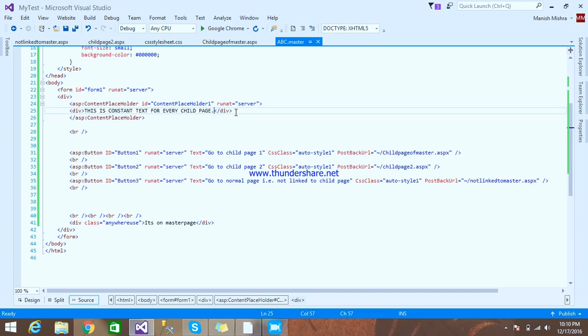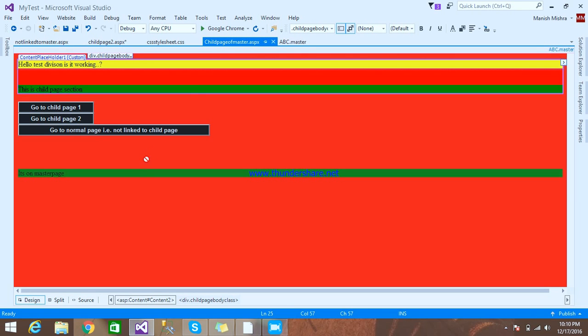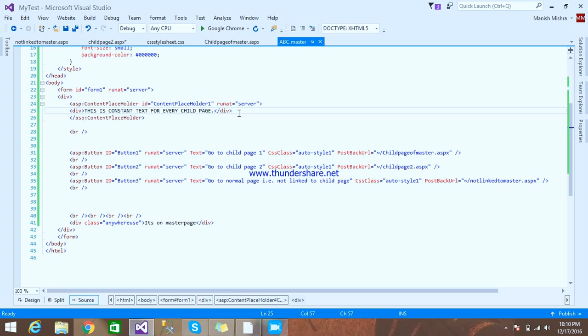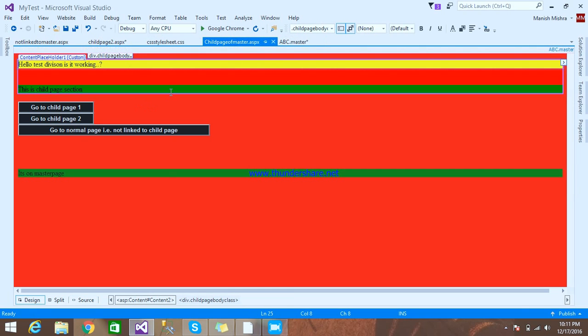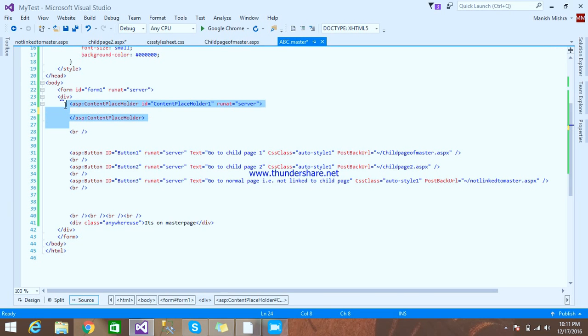If you write something, put something, that will not be displayed on the child page or anywhere else, because this content placeholder, it only says no, don't park your car here. This car is for the employees. Master page is the boss of the company, and master page has left this place for parking of the employees. Employees can only park on this place. If employees are parking their car, they can only park on this place, not anything else.